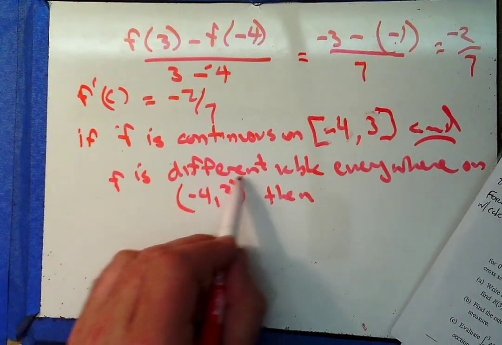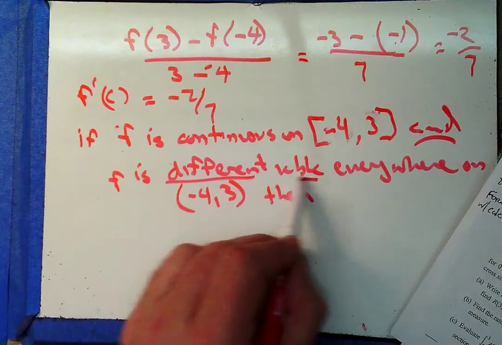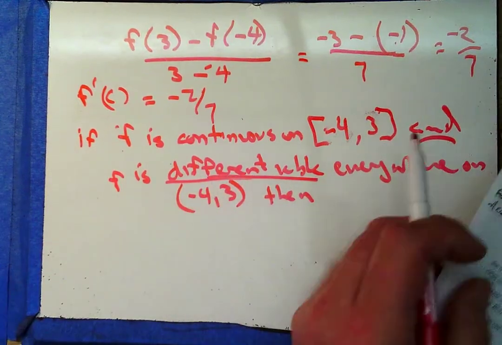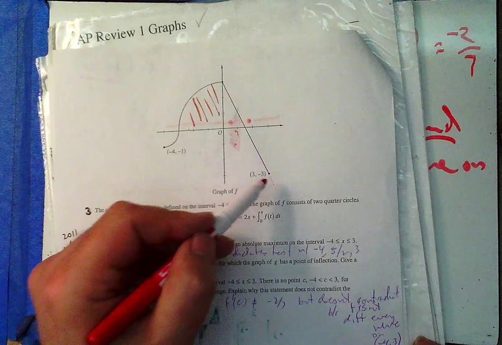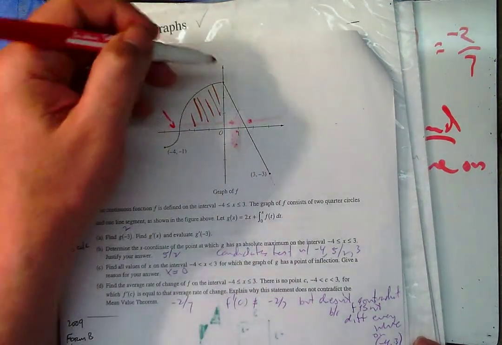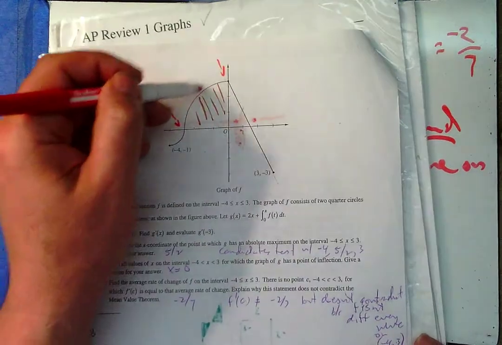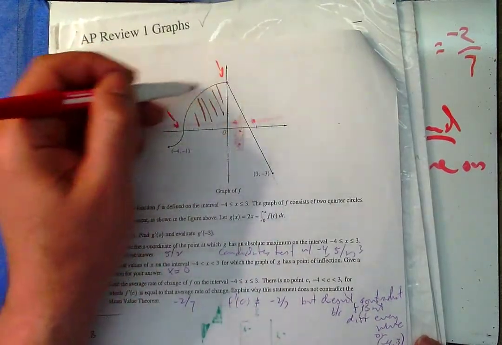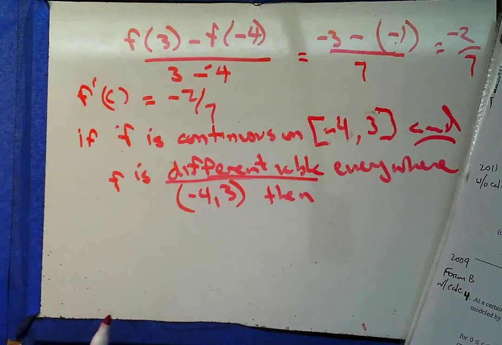But is our function differentiable at every point on negative 4 to positive 3? Well, no, I have an undefined slope here. And no, the limit of the slopes isn't the same from both sides here. So this function is not differentiable on this open interval, and therefore MVT